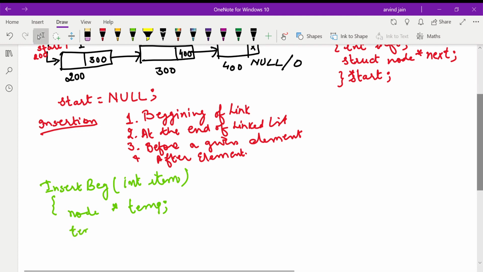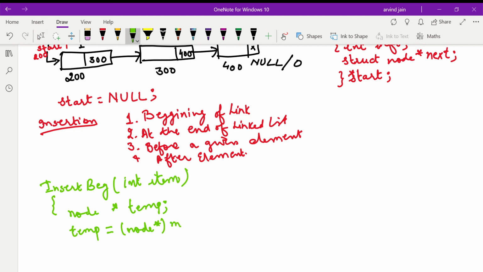We have already discussed in our previous video how memory is dynamically allocated using the malloc or calloc function. We write the size of node. Now if the memory is not allocated successfully, then temp will return null.